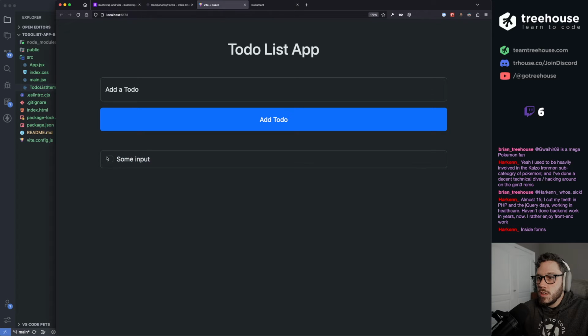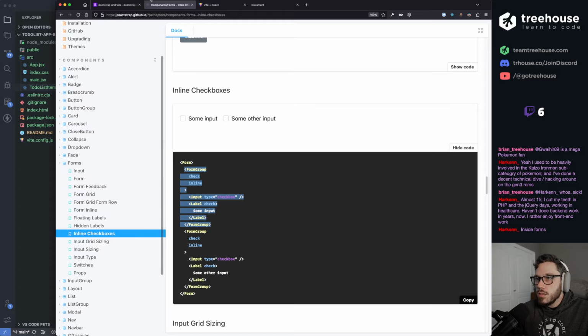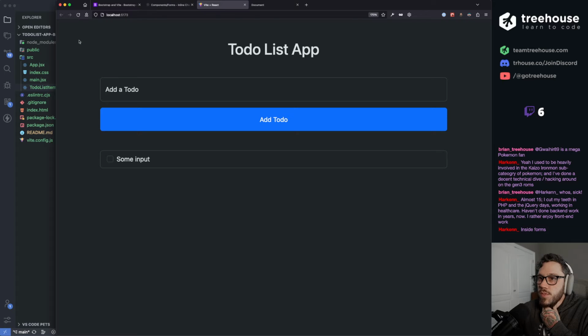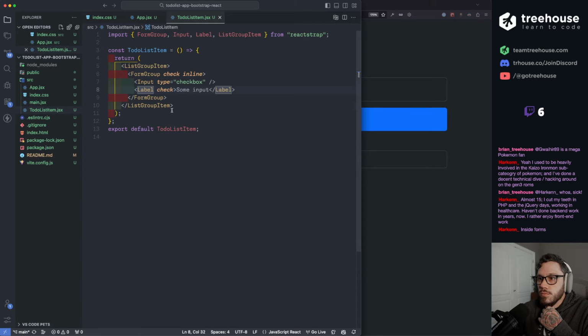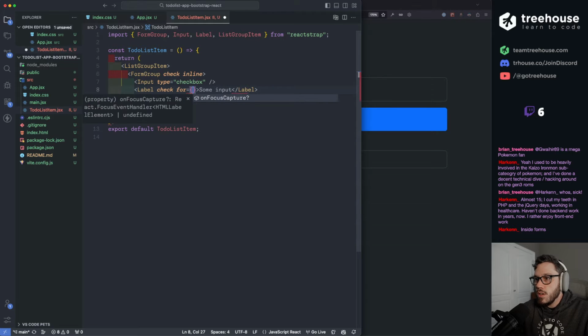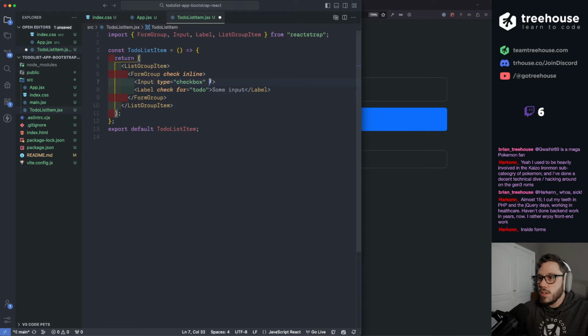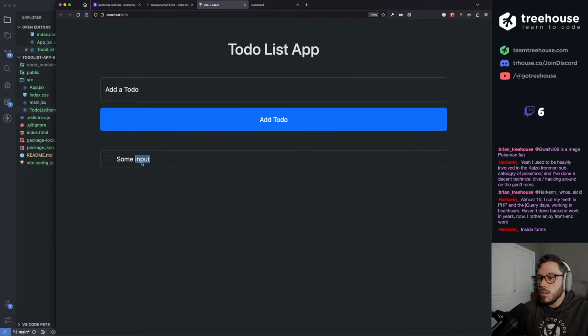Cool. Still works, except I can't click on the text. So let me see. That might be an issue because I really want to keep that feature in there. I wonder if I can just add the ID. So label or the for attribute. For equals, let's do to do. Let's just keep it kind of generic for now. Type checkbox ID to do. Will that work? Okay, cool. That's simple.